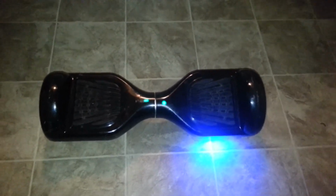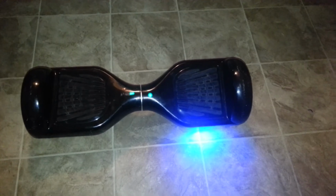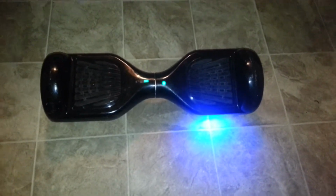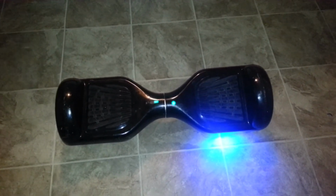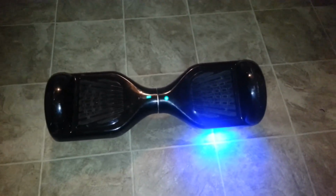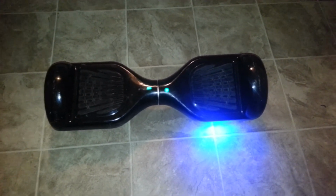Just picture this: you bought one for your kid, or somebody in your family wants one. You surprise them for Christmas or their birthday, and they're happy. They want to ride it, and the first time you turn it on, it does this, and one side goes, and there's nothing you can do until you buy a part. Look at their face, looking at you like, mommy, daddy, what's wrong with it? You don't even know yourself, because it's like, damn, I just bought this. I don't even know. So we need to stand up to these third-party sellers